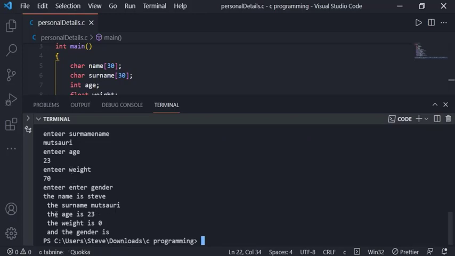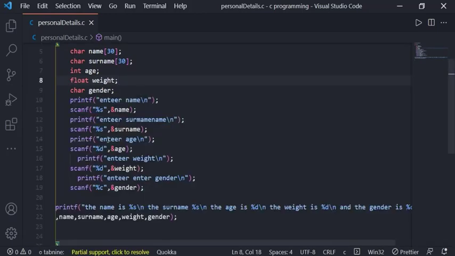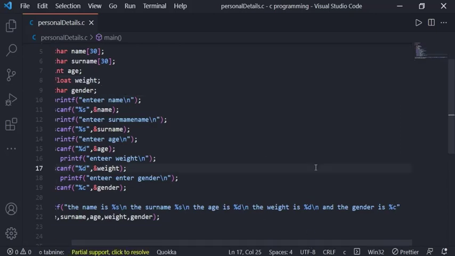The name is Stevie, the surname Sauri, the age is 23, the weight is 0, and the gender is. Why are we not getting our gender? Yeah, it's homework. Figure out how to get the gender. So this was